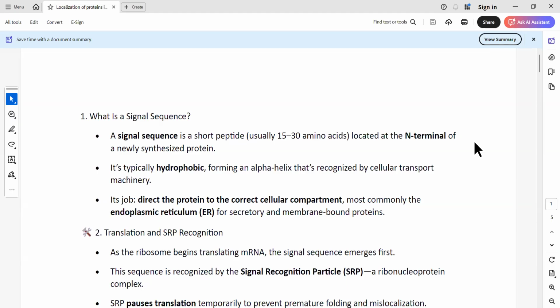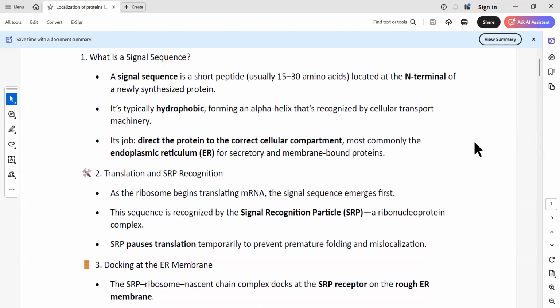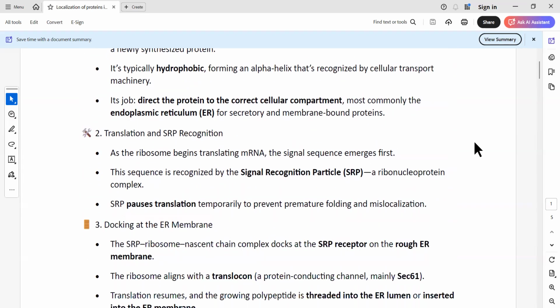plasma membrane, etc. Okay, so as we could see that for endoplasmic reticulum, this signal sequence is typically hydrophobic. It forms an alpha helix. Okay, that's recognized by the cellular transport machinery. Now, as the translation begins, remember the signal sequence for ER proteins is in the N-terminal. So, as the translation begins and this signal sequence starts to unfold, not in the real sense of the term, হ্যাঁ মানে সত্যি সত্যি আনফোল্ড করছে তা না, starts to unfold মানে যে বেরিয়ে আসছে from the ribosome,